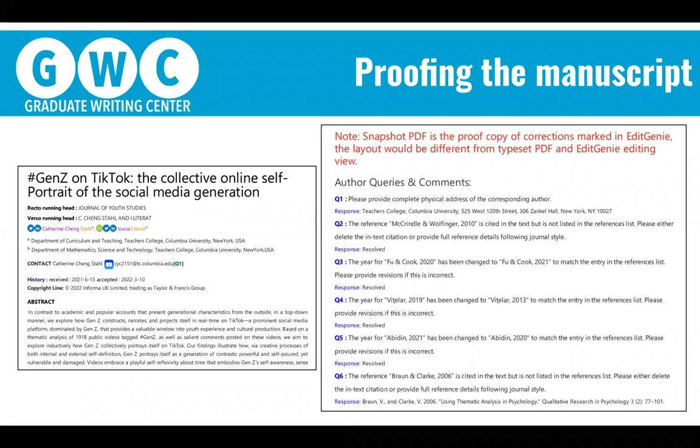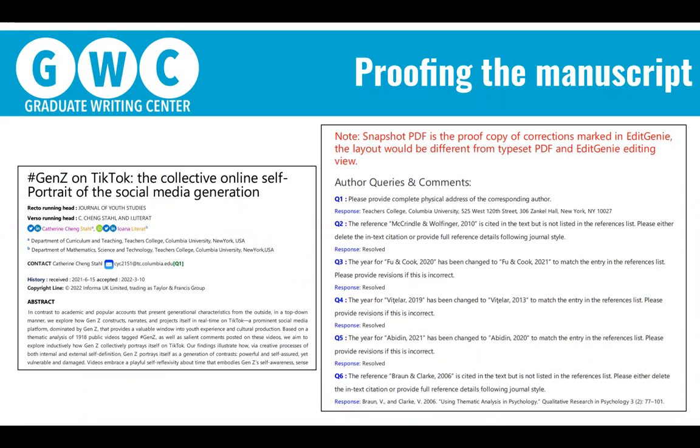And during this proofing process, sometimes there are a few items that the editors will flag for you, or the editor's assistants, with some comments. And it's up to you to go through them and complete the action steps. Sometimes it's just fixing a couple of citational mistakes, changing the formatting style.